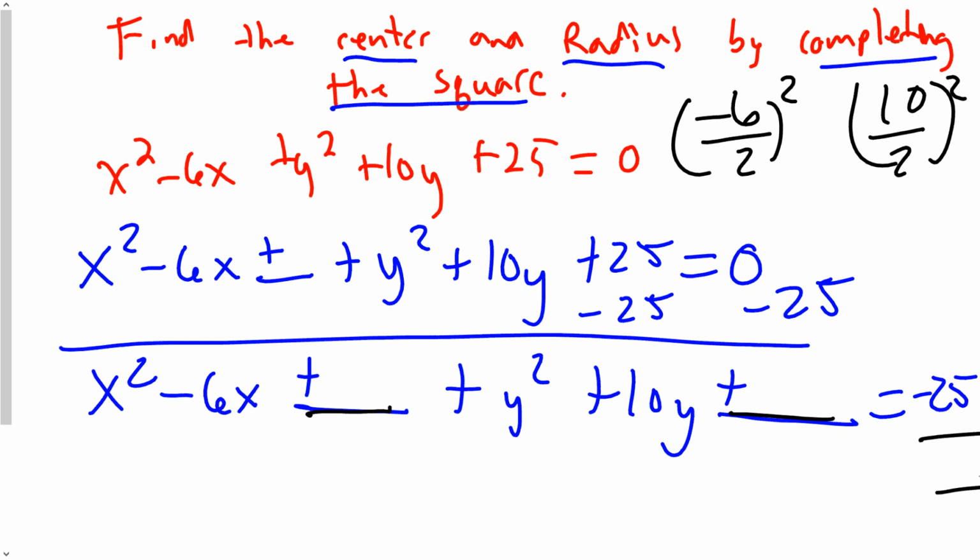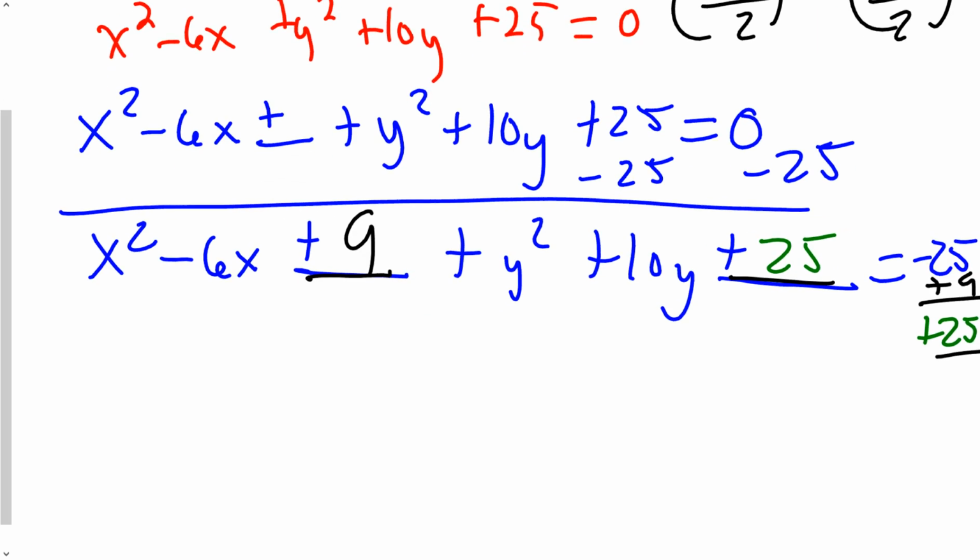Okay, so -6 divided by 2 is -3. -3 squared is 9, so I'm going to add 9 here, and I'm going to add 9 here. Then I'm going to take my 10 divided by 2 and square it, and I get 25. So I'm going to add 25 here, and I'm going to add 25 here. Okay, then I'm going to simplify,